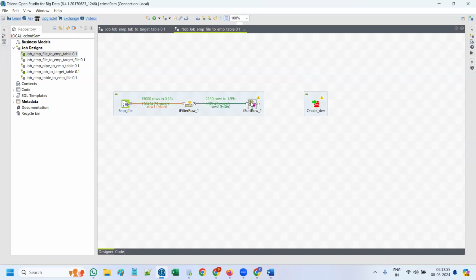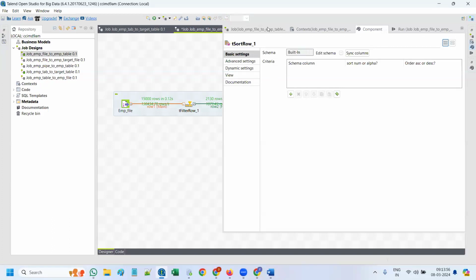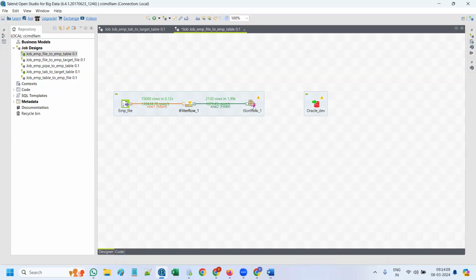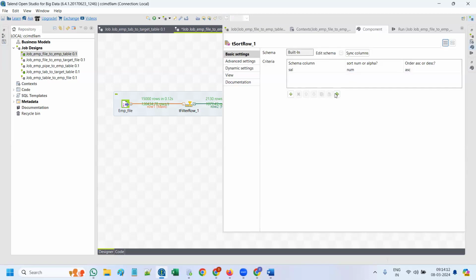Double click this component. Click the plus button. I want the salary column ascending. There are only two options in sorting, either ascending or descending. Either the operation you want is ascending, or the date column, I want that ascending. Here there are three options. Either numbers, ascending or descending, like product prices,